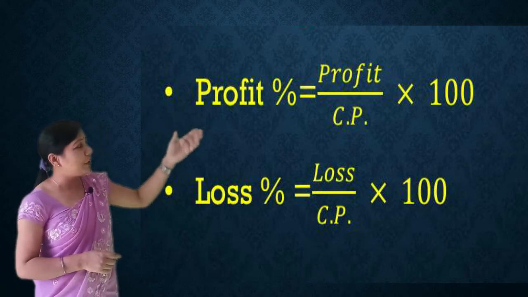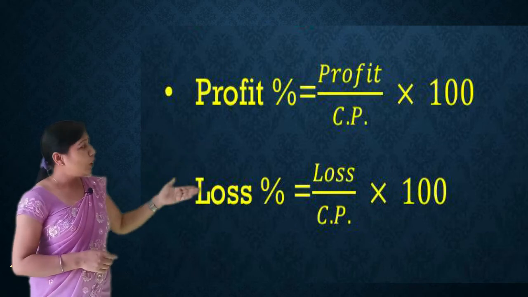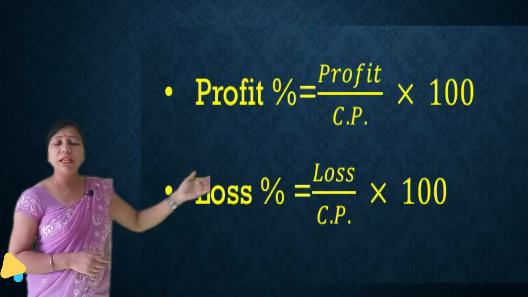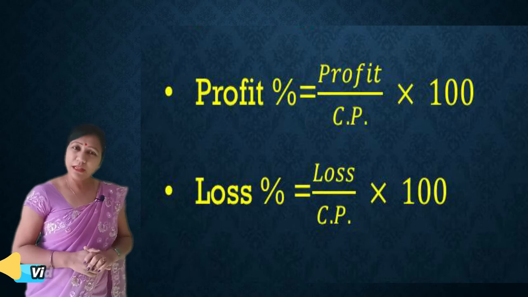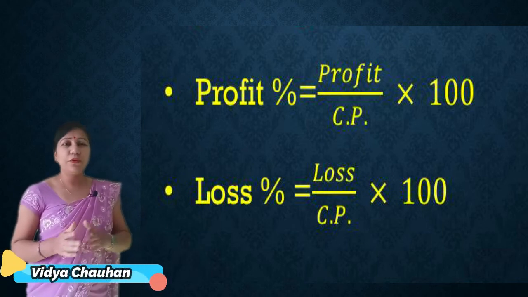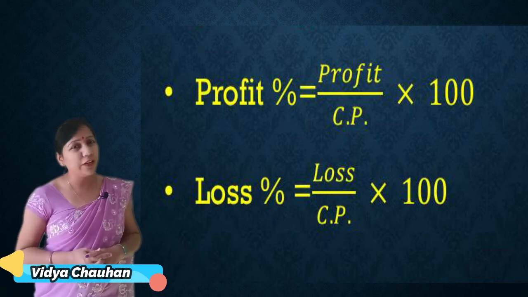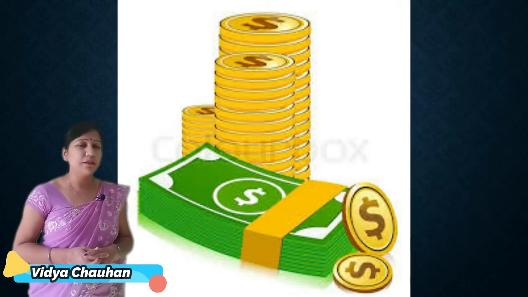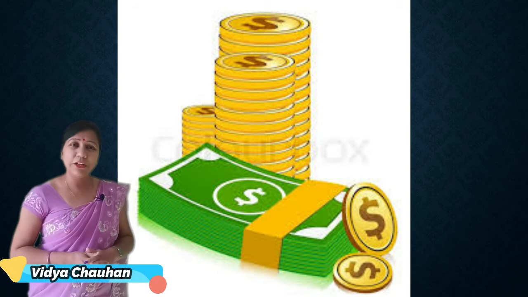Profit percent, profit upon CP into 100. Loss percent, loss upon CP into 100. Clear, students? So this is all about profit and loss. Now in the following chapter, we will be discussing some very important topics and some statement questions related to this. Let us start the exercise and check out what the questions are in your